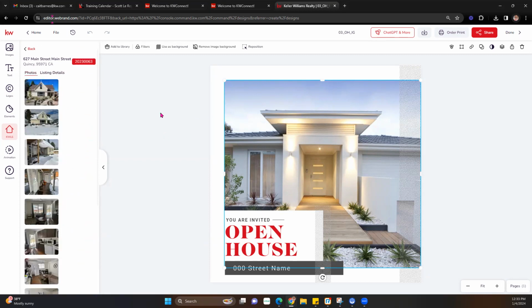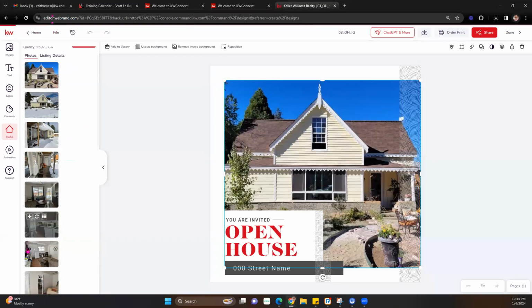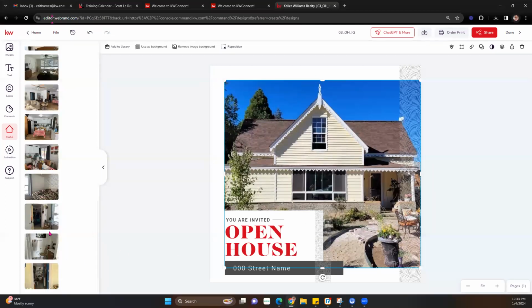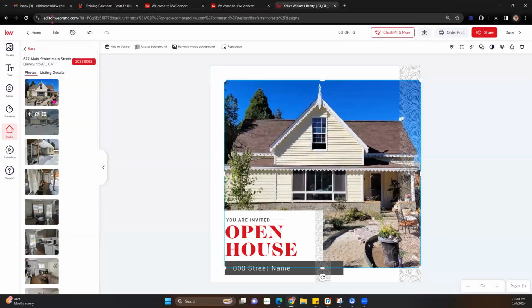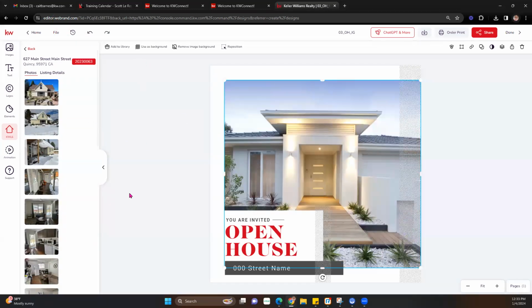So if I want to replace this one with the actual house, I can use that replace, and it's going to go ahead and put that right there for me. Now, if there's another image that I want to use instead of this one, I can definitely do that. I'm going to undo and just leave the stock image for today's class, but just wanted to show you guys